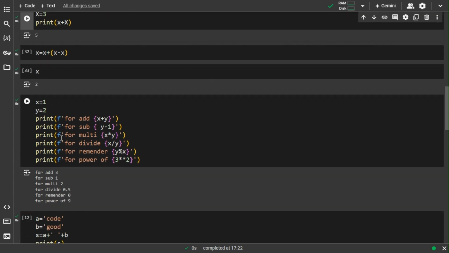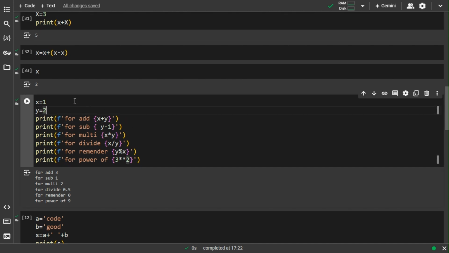In Python, we have operators. Operators are functions we use to perform various mathematical operations such as addition, subtraction, multiplication, division, and to get a remainder or to get the power of a number. For example, if we have variable x equal 1 and y equal 2, we can get the addition by simply